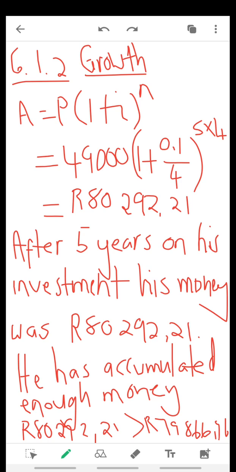Then we divide the interest rate with what? With the compounding, okay, which was quarterly. So we divide by 4 and you must also multiply by 4. So that means the period and the interest rate must be in the same mode, okay. They must be in the same mode. So then Anil has 80,292 rands 21 cents in 5 years time, where the car in 5 years